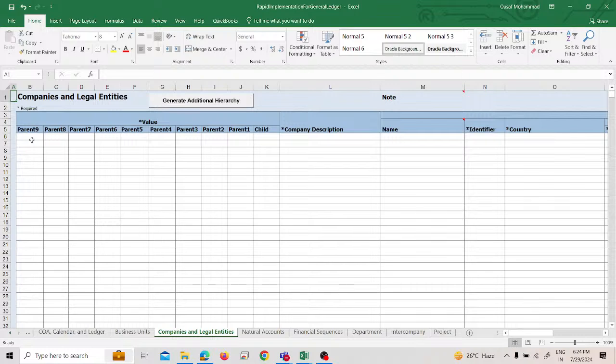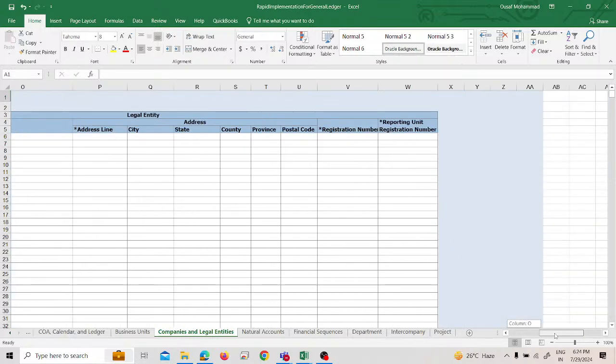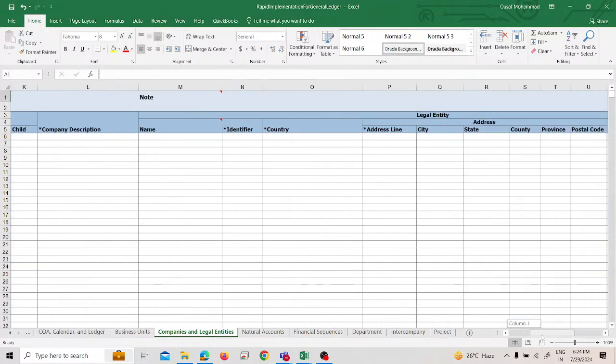Okay, from this parent to this parent to this parent, it means parent of parent of parent. And the last name will be provided as the child. So here we can record this. Here the company description is given, the name, identifier. Here we will provide the legal entity. What is the legal entity information that we have